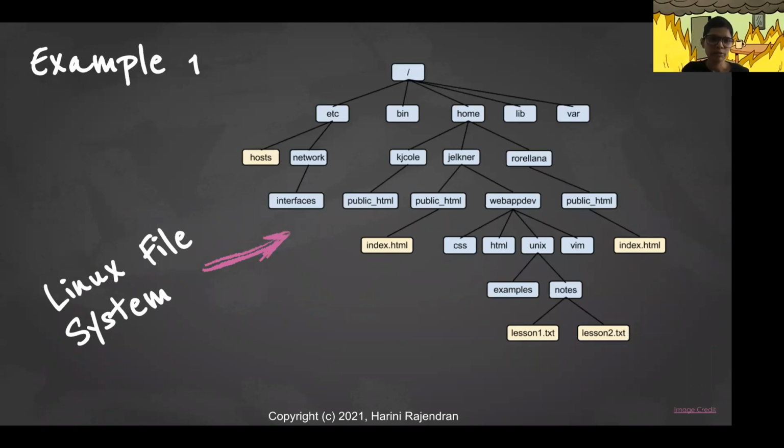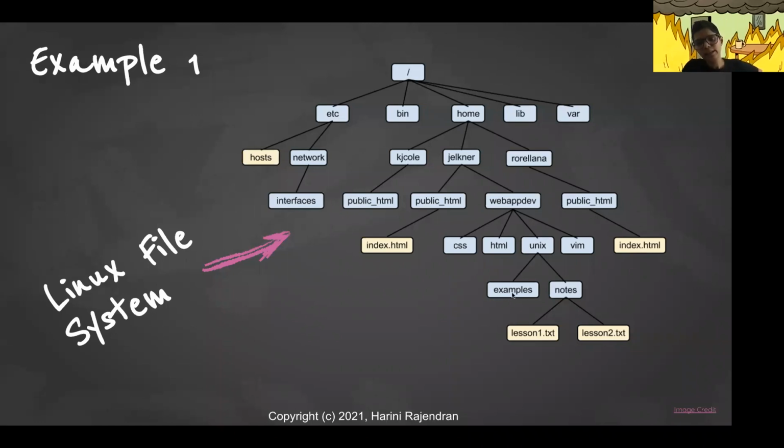As I mentioned before, trees are generally used to store hierarchical information, right? So I just want to share some examples of trees. The Linux file system is actually a perfect example for trees because, as I mentioned earlier, it inherently has this hierarchical structure to it. For example, starting from slash, under slash we have different directories like etc, bin, home, etc. And under that, there will be different users and so on and so forth. So that is a perfect example of a tree.